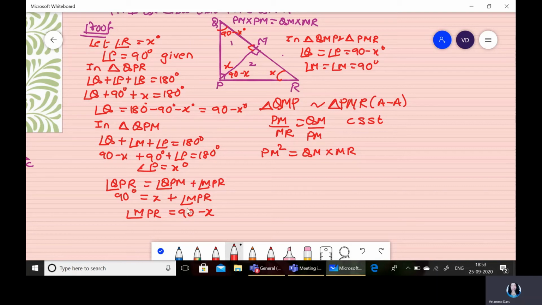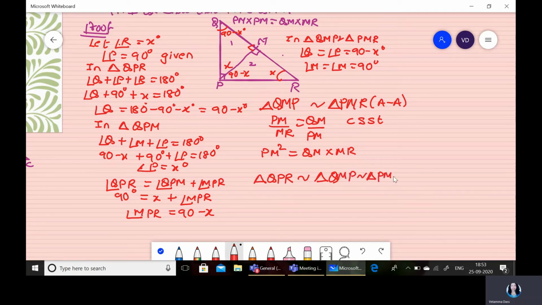Now this many long steps you write when it is for 3 marks. But if it is 2 marks, directly you can write the correspondence. Now this I'm showing for 2 marks. If I want to write, I can say that QPR, the bigger triangle, here directly we can say QPR is similar to the smaller triangle. Now Q, here Q again it is 90 minus x. For the smaller triangle also, here we can say Q, and here P is 90 degrees,